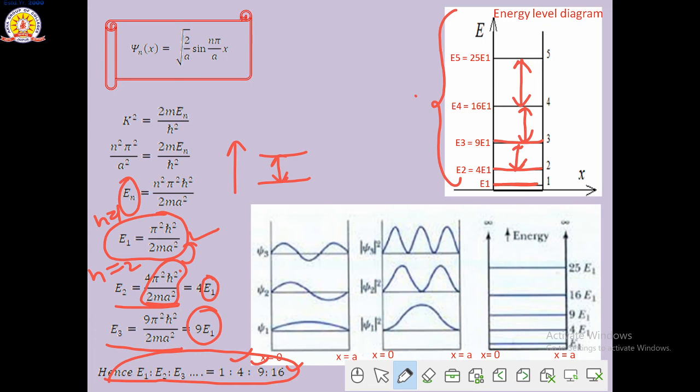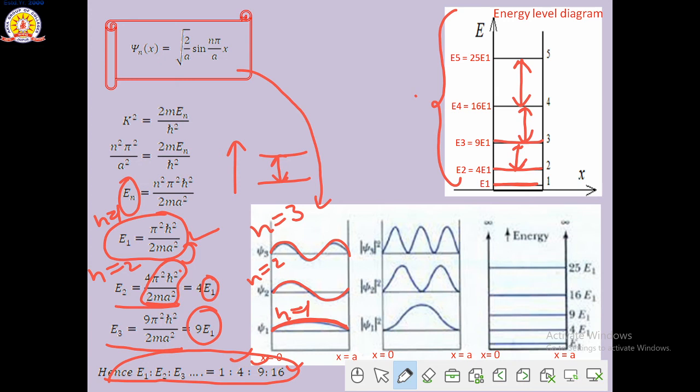Now, the second piece of information is about the wave function. If you draw the wave function for the ground state, meaning n is equal to 1, the particle will move like that. That is the trajectory of the moving particle at the ground state energy level. If the particle is at the first excited state, the trajectory path of the moving particle will be like that. If the particle is in the second excited state, the trajectory of the moving particle will be like that.